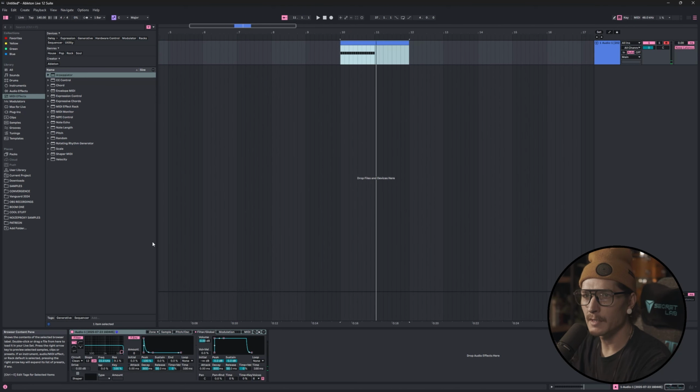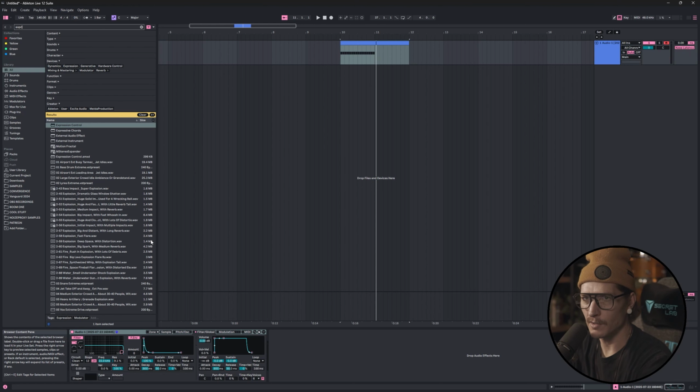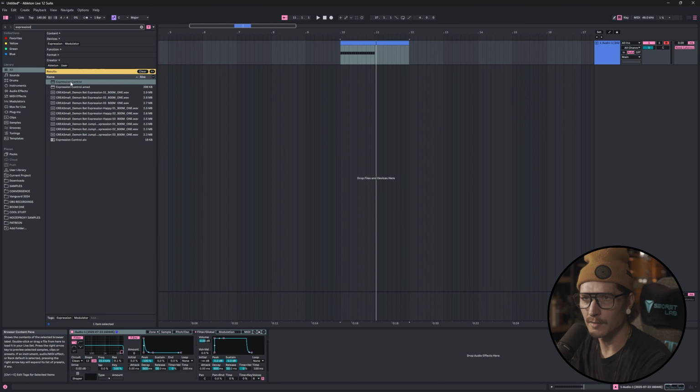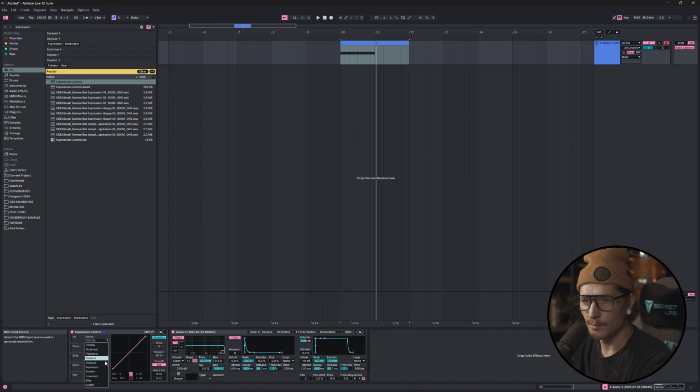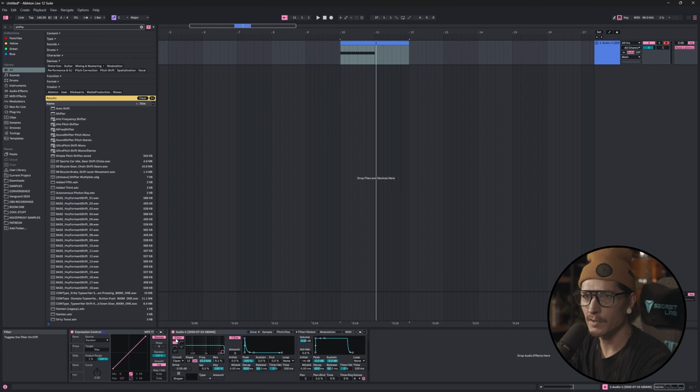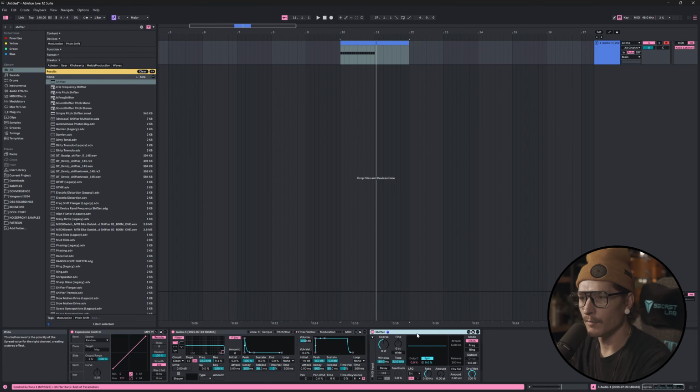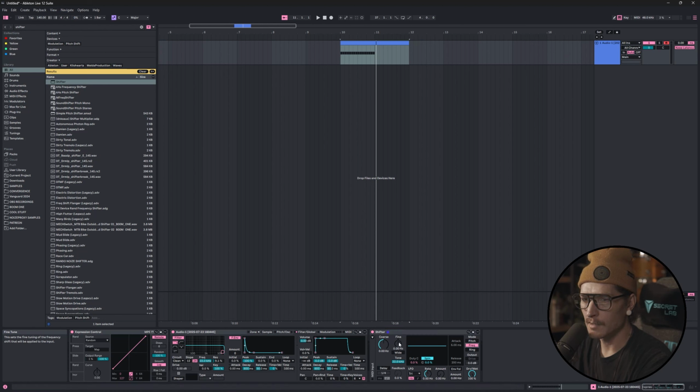All right, so what we can do is we can drag on expression control. Again, Control F to search, drag expression control before the sampler. We can do random and set it to remote, and then turn the random all the way up. And then what we can do is we can Control F and do shifter, or if you have an earlier version of Ableton, it's called frequency shifter. And we're going to go to frequency and we're going to select the fine knob here. So let's go ahead and click map. It's blinking. We can click fine. All right. And now